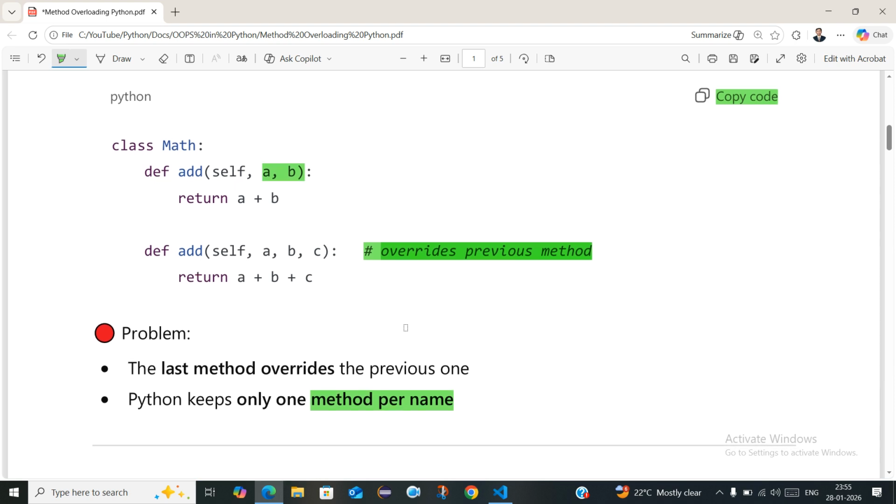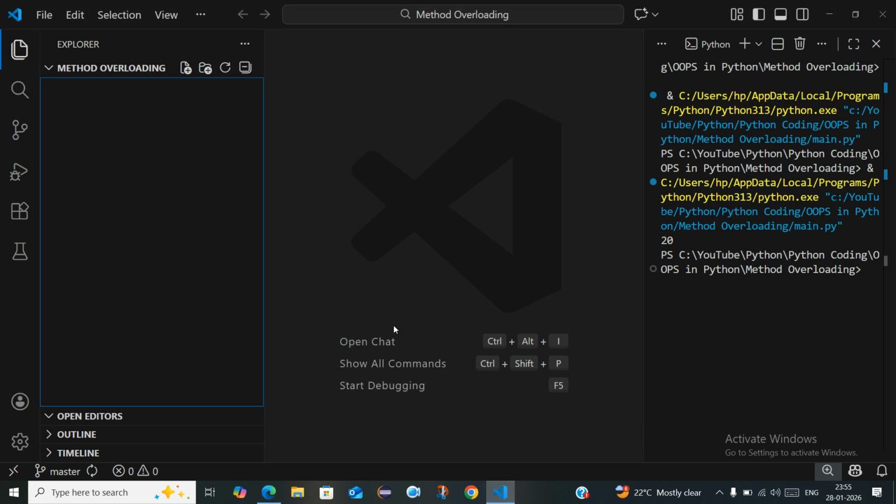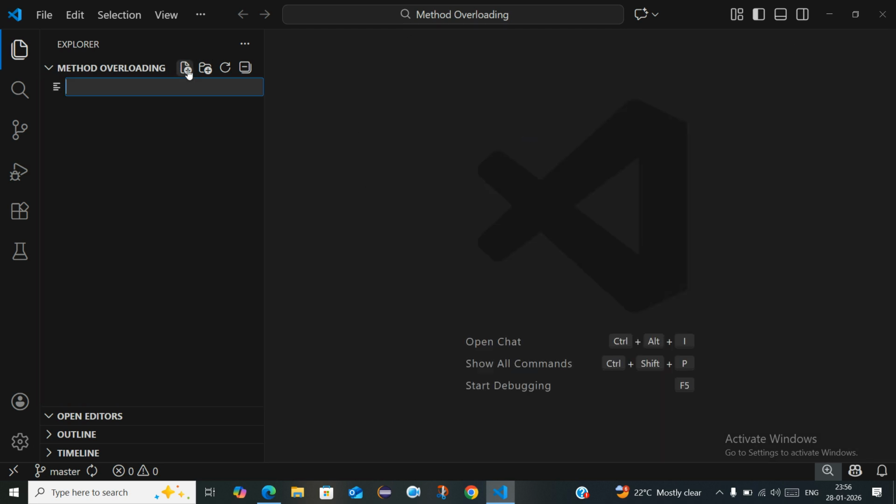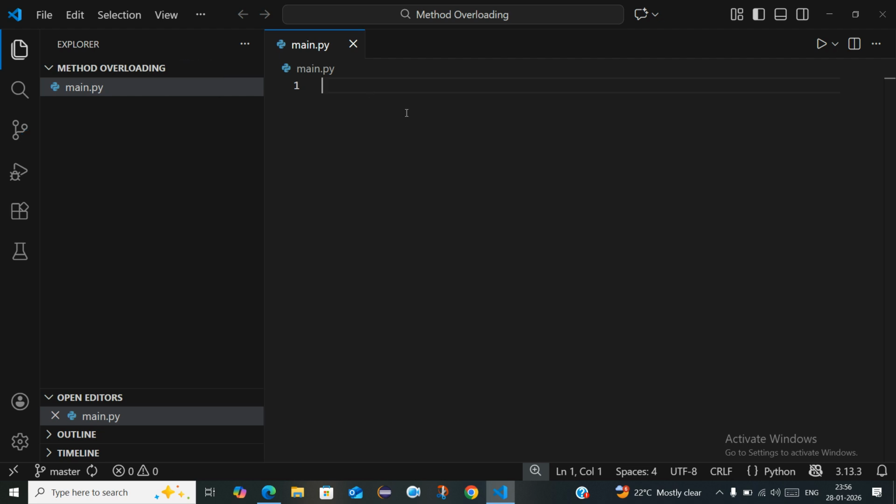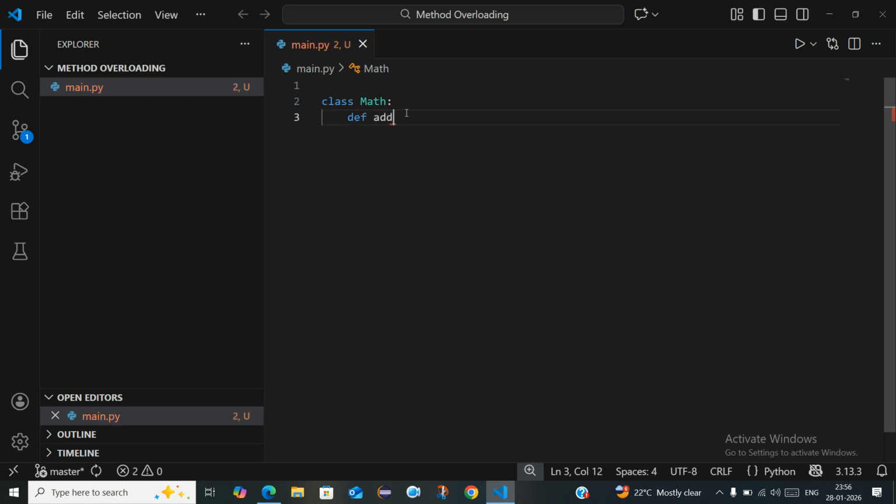So let's see this example in our VS Code. Just open your VS Code. I have created this method overloading folder. Just create a file, suppose I created main.py, and create a class. Suppose the class is Math, right? And the method name is add. In that I'm passing two variables, a comma b, and returning